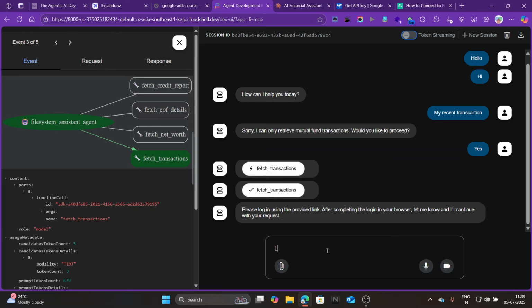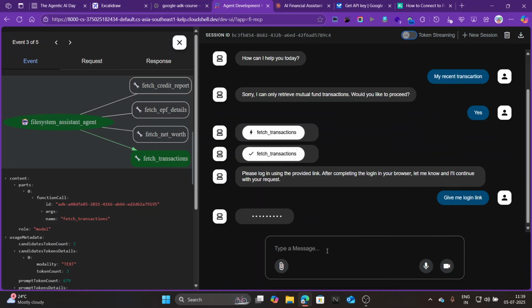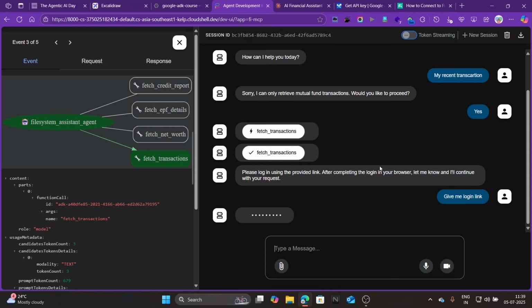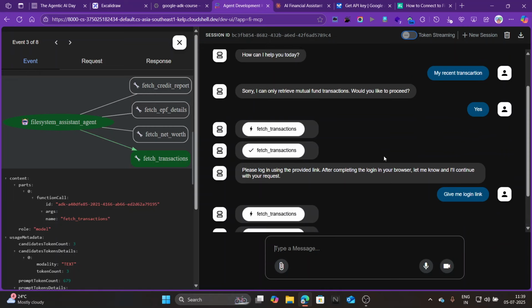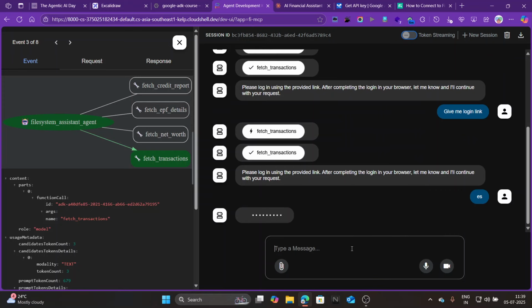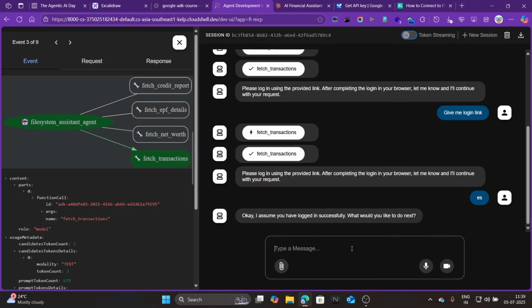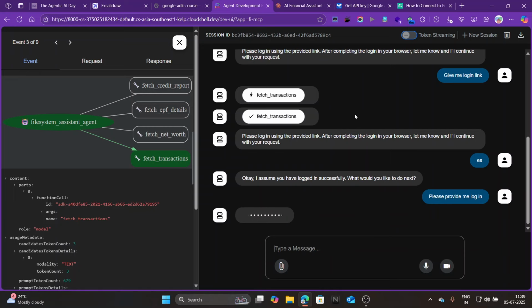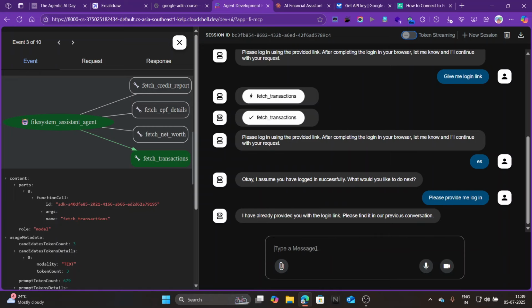Okay, give me a login link. Here I don't have a login link, so I will ask, give me a login link. And also we need to enter some passcode, so I will tell in the mobile screen how you can. Please provide me a login link. Basically I try to reduce the error.